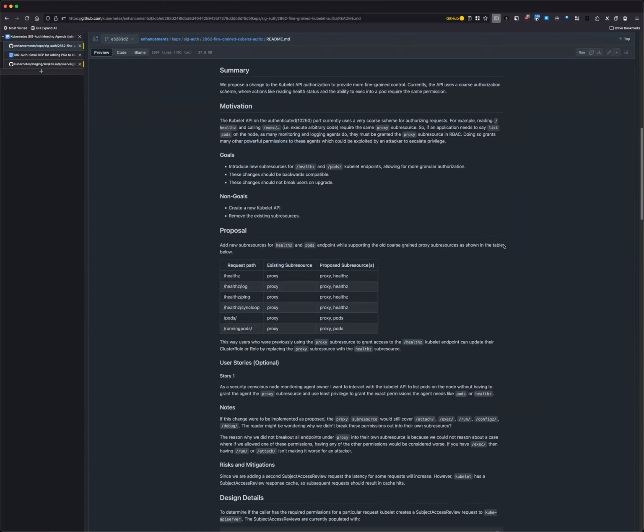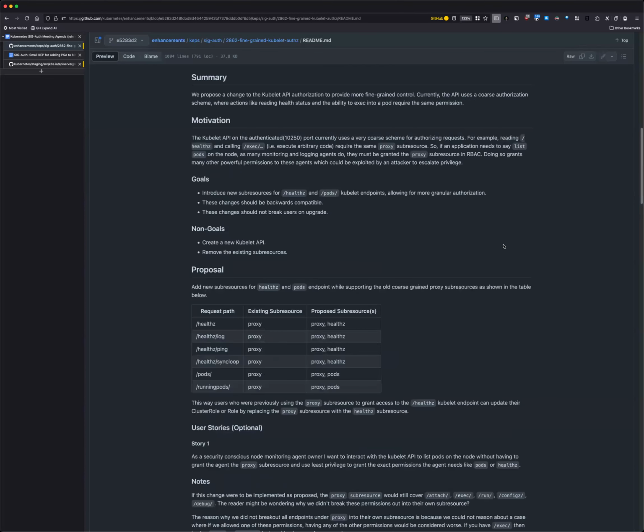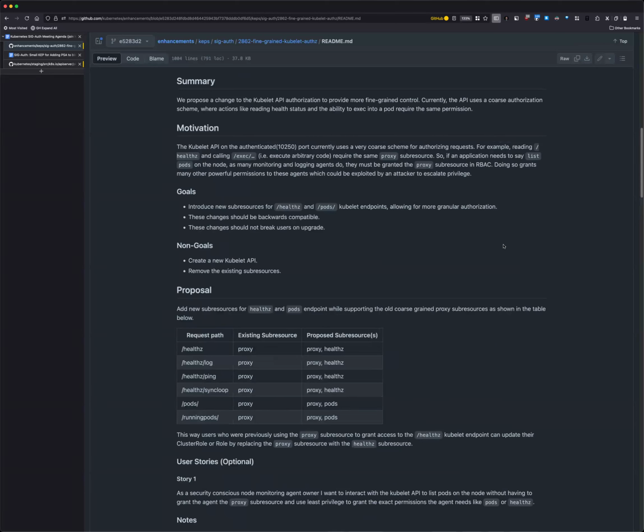This was an issue that I think Tim Allclair opened a while back, and I was looking at it and thought it was a good problem to tackle, so I talked to Jordan about it a bit, scoped it down, and wrote a proposal. The TL;DR is that some of the sub resources like proxy have a lot of permissions that can be moved out, and two that we thought could be moved out to a separate sub resource would be healthy and pods, because they're both read only, and in the case where you want to look at all the pods or do healthy for the kubelet API, also getting the exec permission